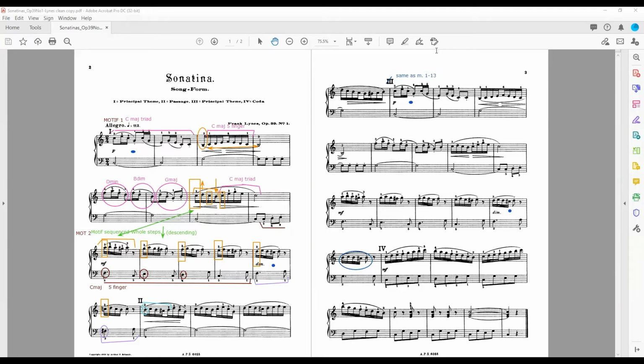Okay, so motif 2 really uses that material very much. It's displayed here starting on the B, visit upper neighbor, go down below, and then after that he does a G major triad. Oh, can't see it. G major triad, and then he takes that whole motif here of the